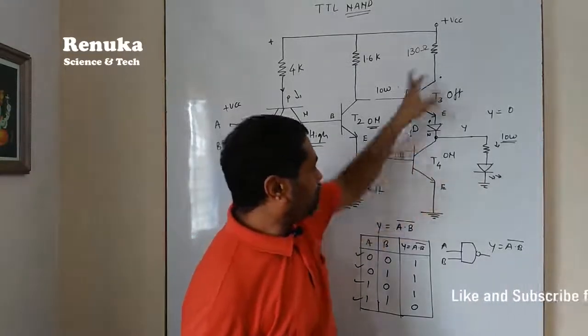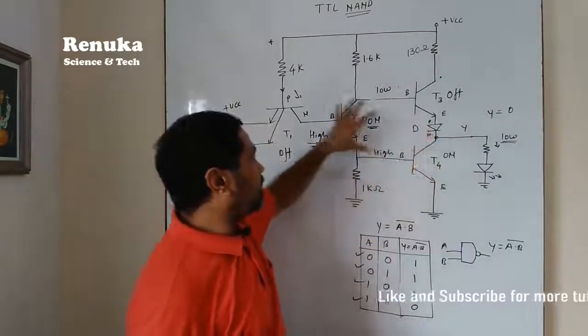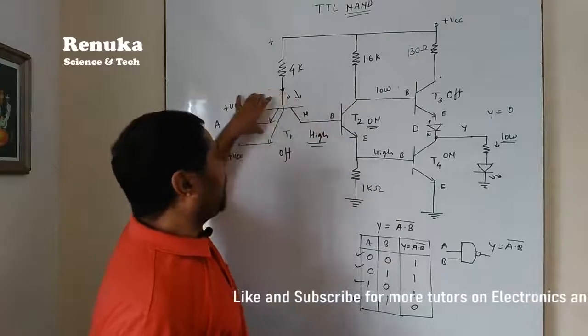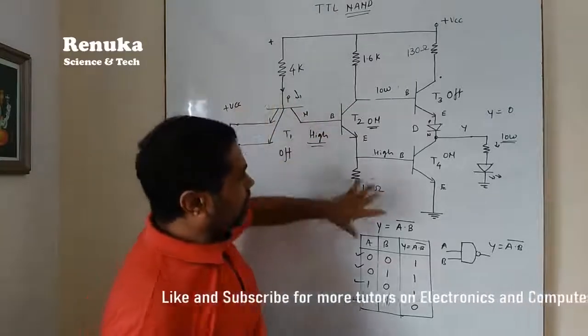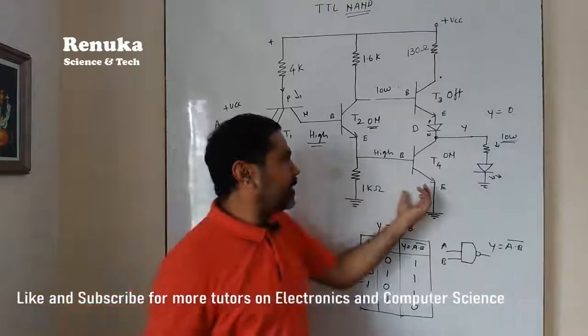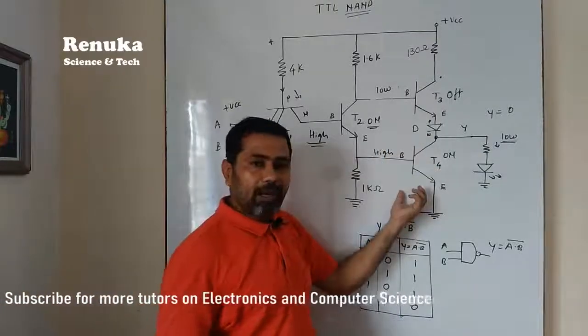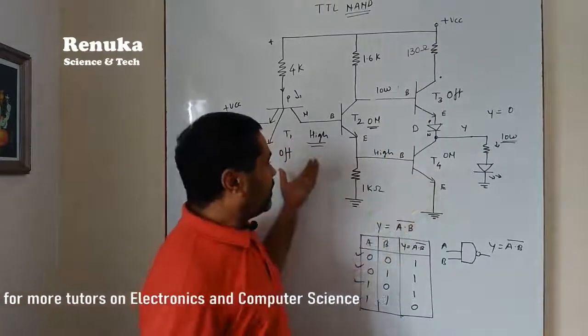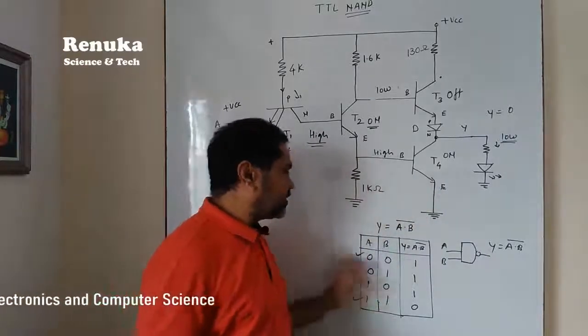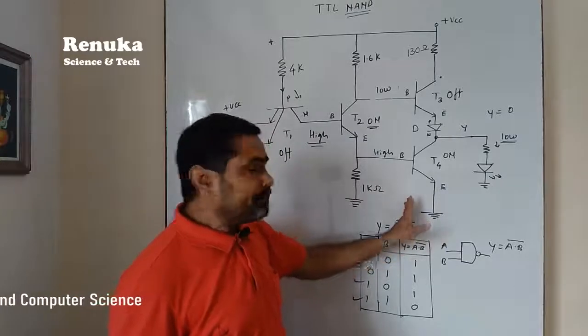We have to draw a totem pole circuit, then the totem pole circuit has to be driven by a transistor, and this transistor is also driven by another transistor. So this transistor circuit looks very complex, but if you draw it in this way, you can memorize this circuit, and once a circuit is memorized, you can explain all the conditions one by one clearly.